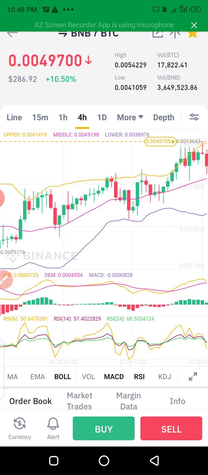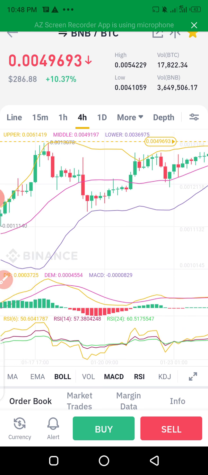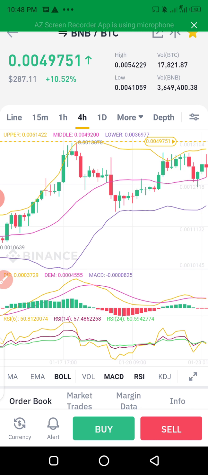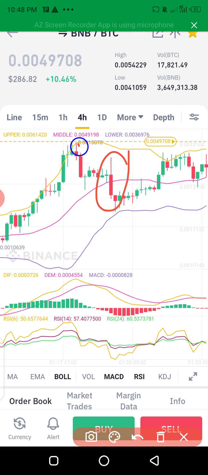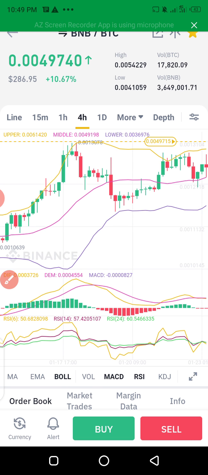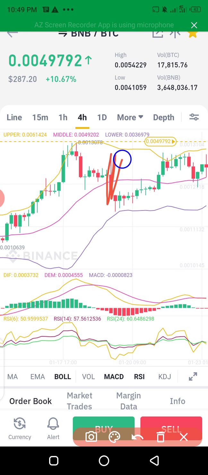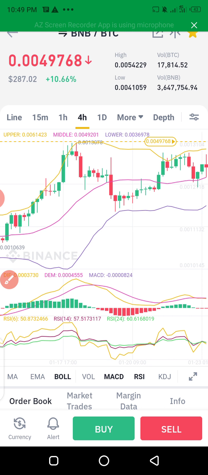Okay, let's look at an example here. You see, here's another example, this one is coming upward. This candle is coming to this stage, and this candlestick you are seeing here crosses the Bollinger Band at the middle. Most of the time when it crosses it, you see another candle that forms,